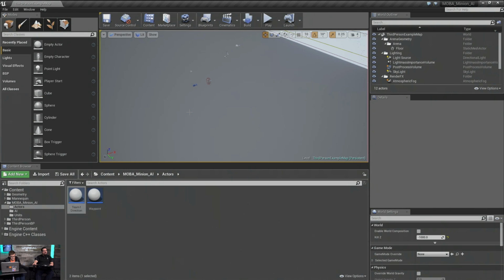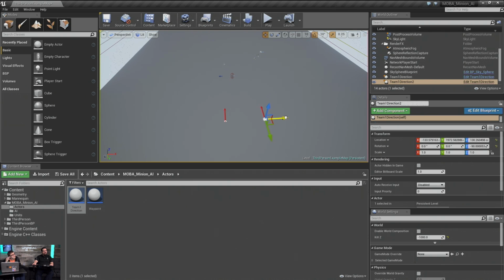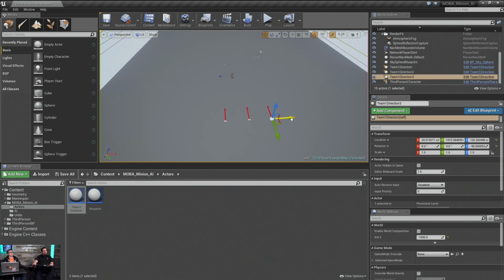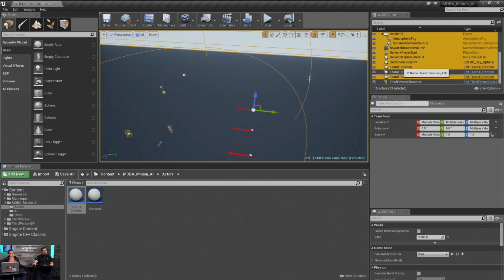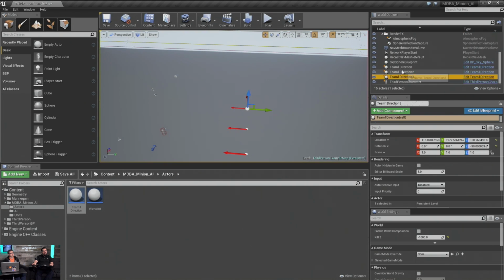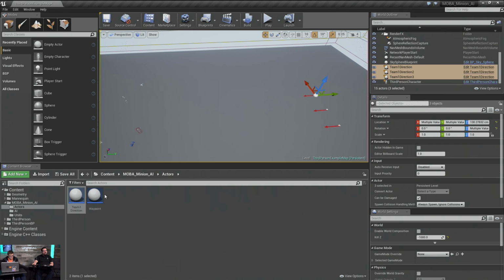This is so that when we come back to this later, we know the direction we want to be flowing. So this is going to be our first direction that we want to go. Okay. Select everything. I'll pull them back a little bit. And then we're going to start adding waypoints.